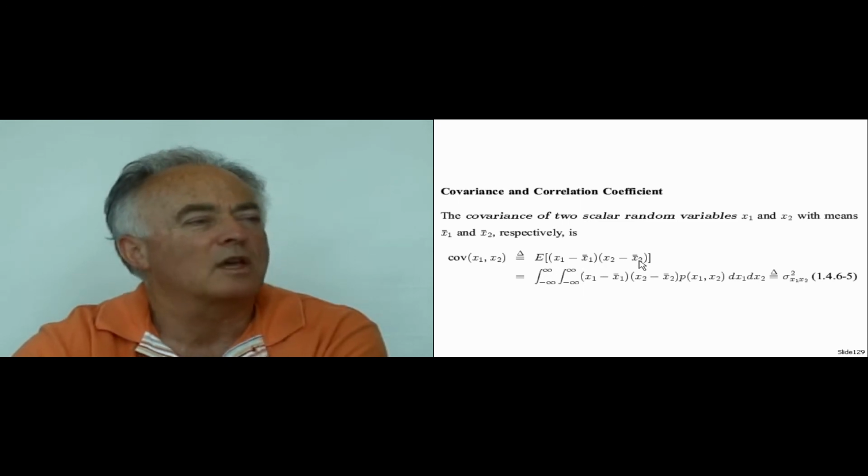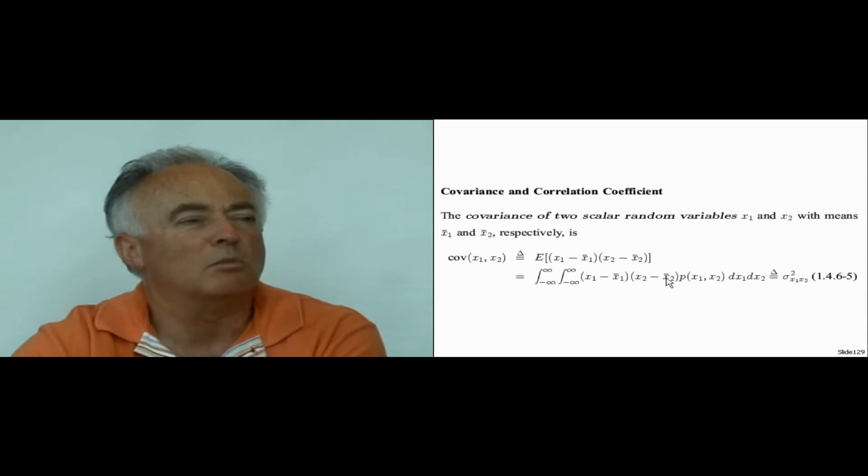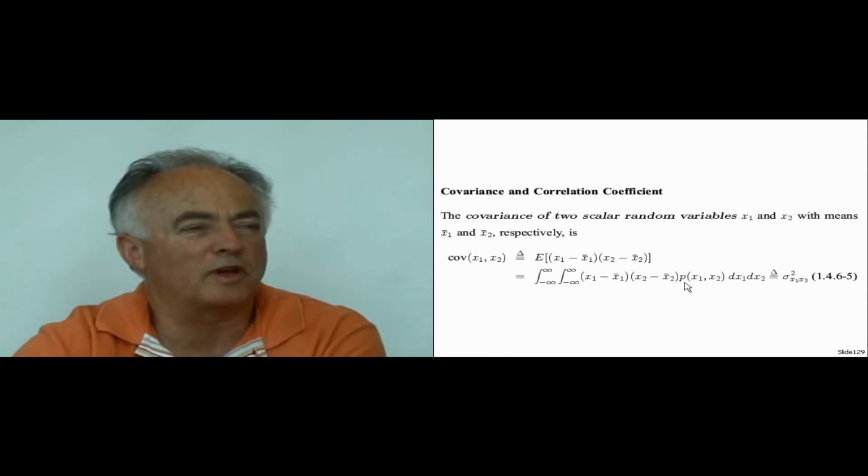And this is the integral of this term, x1 minus x1 bar times x2 minus x2 bar, multiplied by the joint density of x1, x2, dx1 dx2,